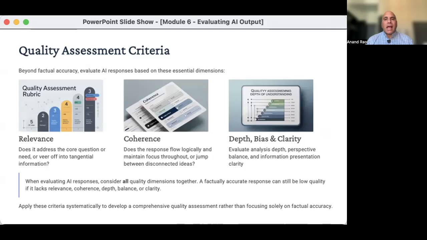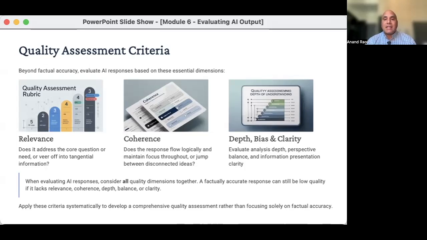Now, beyond factual accuracy, you should also evaluate AI content based on the following. First, look at relevance. Does it address the core question or need of what it is that you're looking into? Then look at coherence. Does the response flow logically and maintain focus? It's also important to consider depth. Is the analysis substantial or superficial?